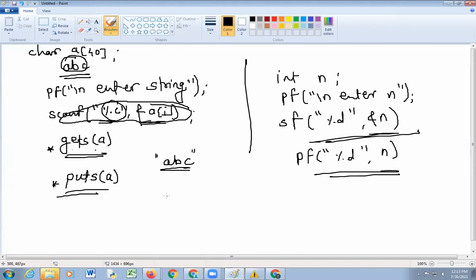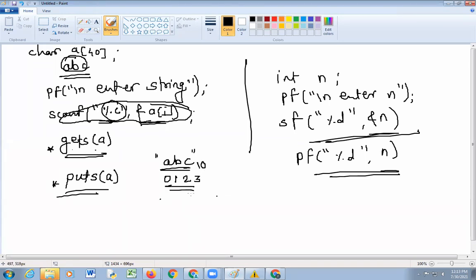In an array we have seen that a numerical array starts from 0 and ends at size minus 1. Similarly here also the array starts from 0. Suppose my string is ABC. It stores the first character at the 0th location, the second character at the first location, the third character at the second location, and at the third location the end of string is indicated by \0.